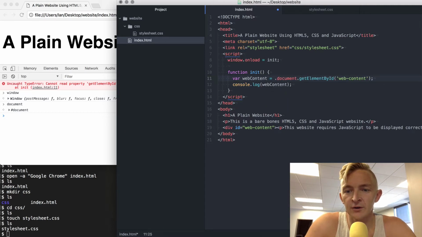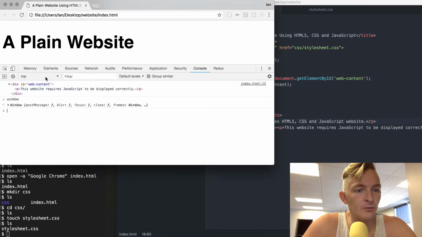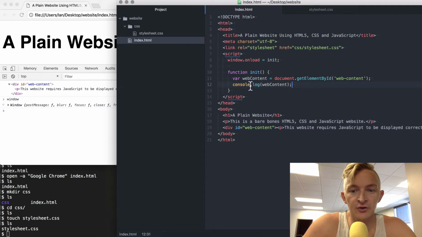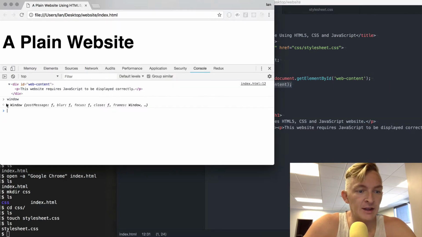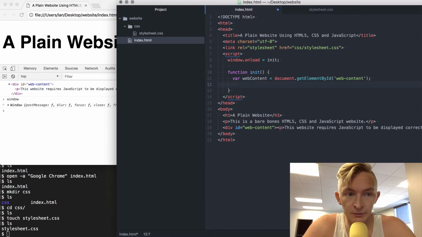Actually, I don't even think I need window. Okay, so I'm saving that and refresh. Okay, great. So now we're rendering this div element here. And so now what we can do, now that we have control of this element in a JavaScript variable, we can do things to it. So if we wanted to say